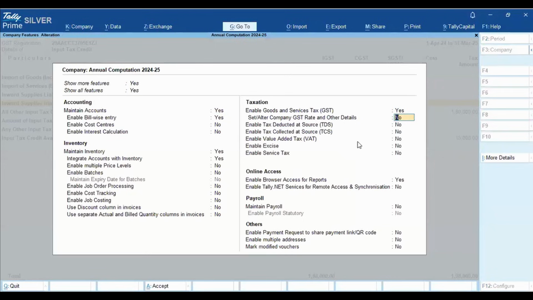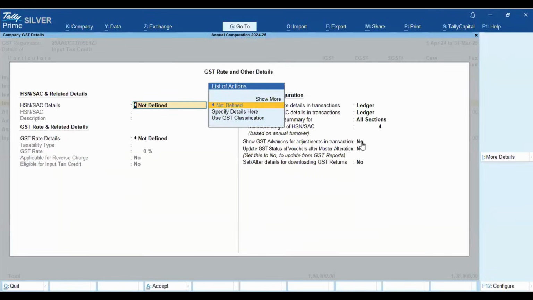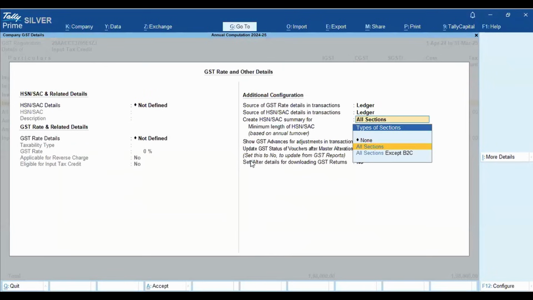Set alter company GST rate and other details. Again, in this additional information, you have this create HSN summary for which section. It is important because as far as the prevailing GST law is concerned, anything below 5 crores of aggregate annual turnover, we have an obligation under law only to report B2B transactions, where the digits of disclosure on outward supply